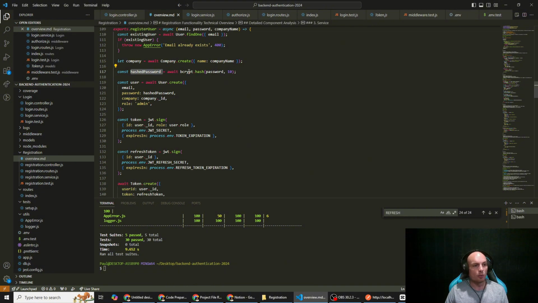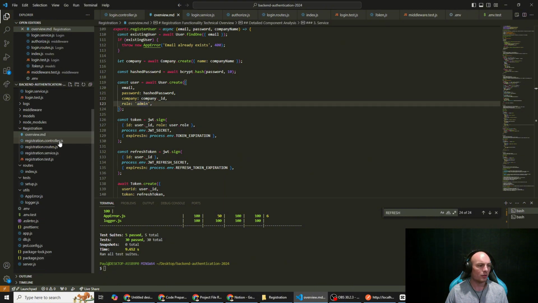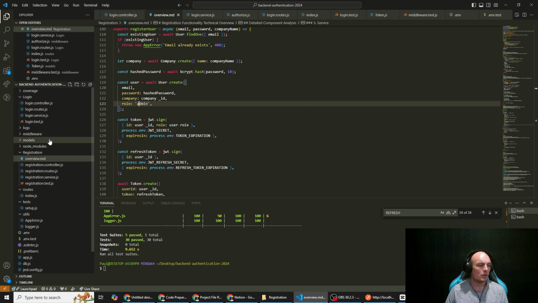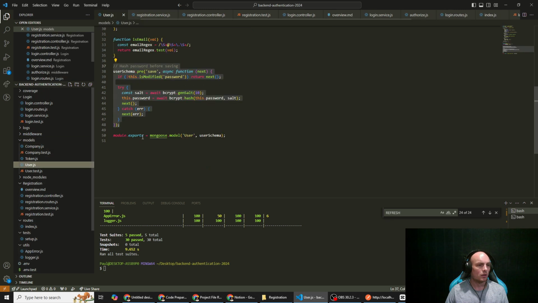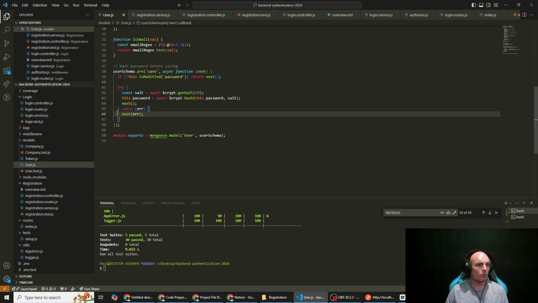And then once we've got our encrypted password, we can now create our user. So we create our user with their email, which we know is unique, their password, which has been hashed, and the company, with the company ID as the reference field. And we assign them the role of admin. Now, what I am interested in checking, though, is that when we call User.create, I think in our user model we were already hashing the passwords before saving. So let's just ask